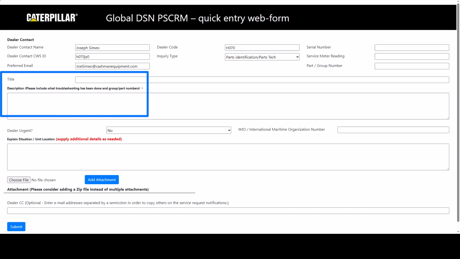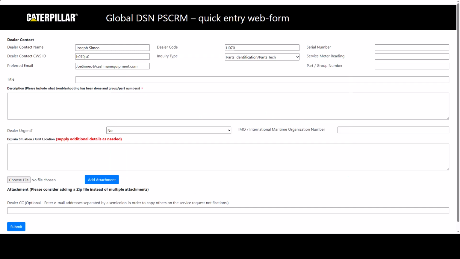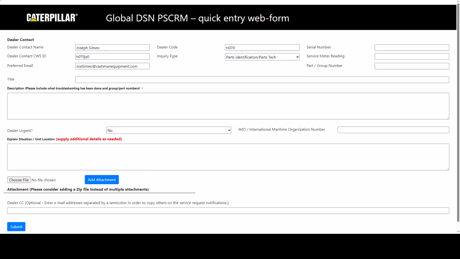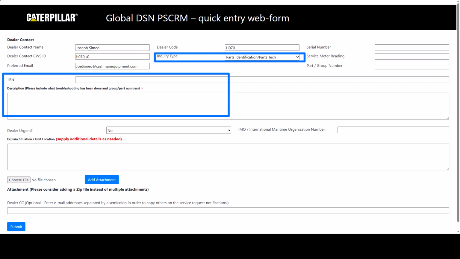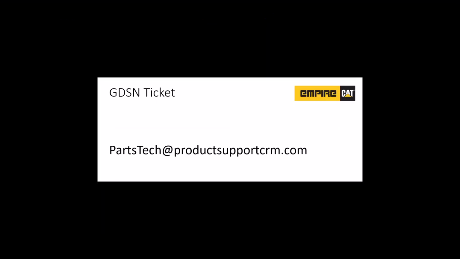A word of caution when creating the title and description: keep it as simple as possible so that the question can be searched in DPSS by others in the future. If you make the question too complicated, it will be difficult for anyone to find it. We can also add the serial number information, part or group number, and attach files if necessary. At the very least, you must have inquiry type, title, and description filled out. For the inquiry type, it will be parts identification/parts tech. In addition to using the GDSN website to enter an inquiry, we can also email them instead at